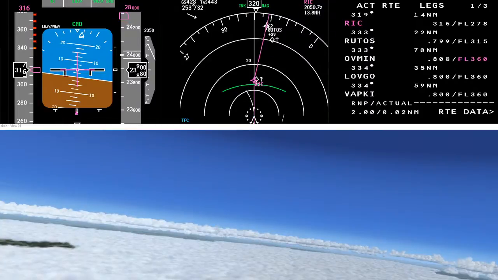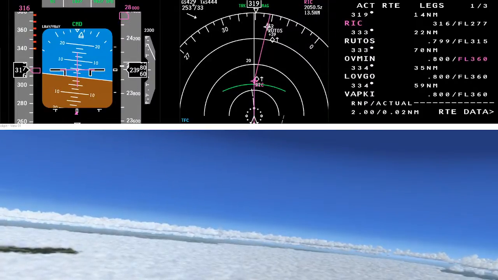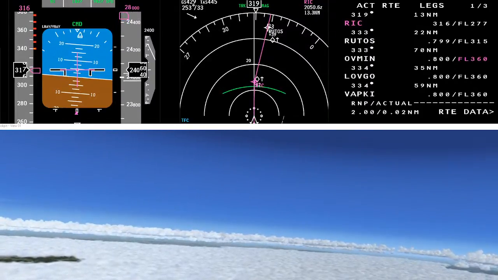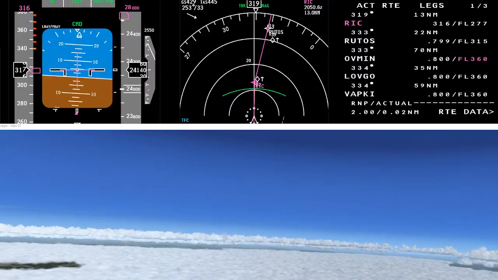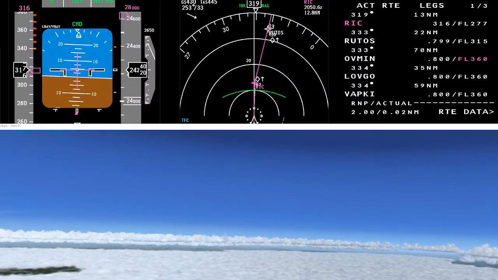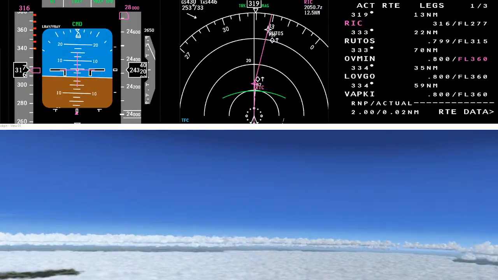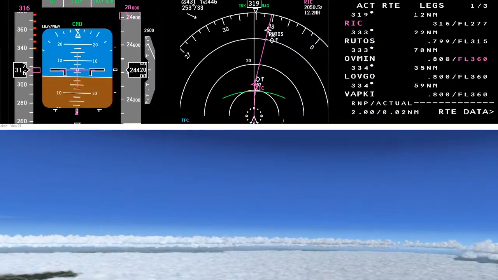Centre, Mike Charlie 012 with you. Mike Charlie 012, Brisbane Centre, g'day, climb flight level 360. 360, Mike Charlie 012.